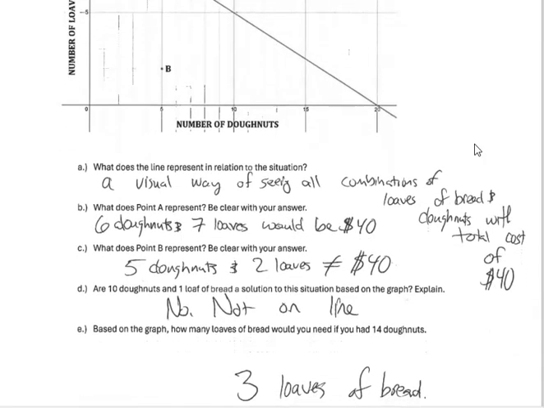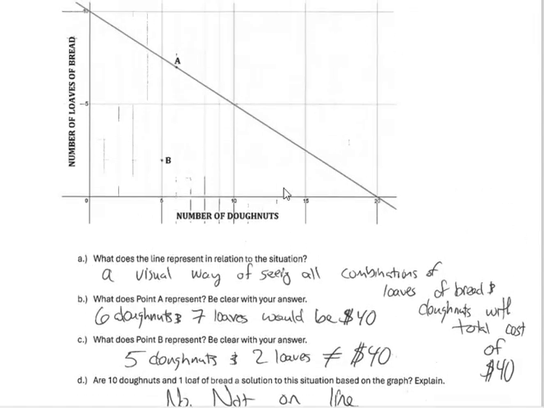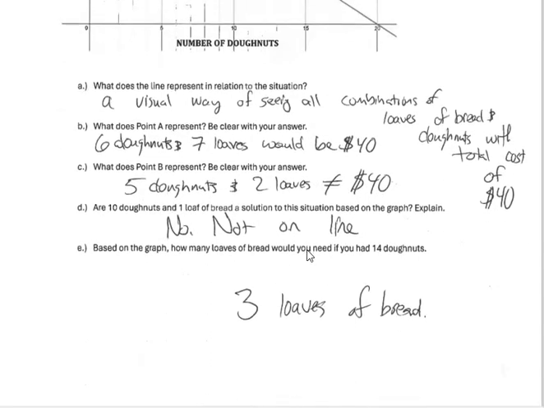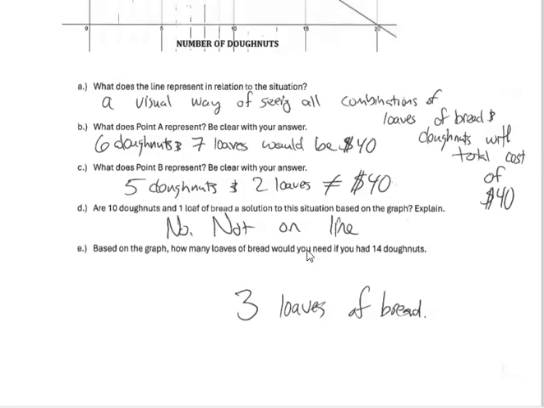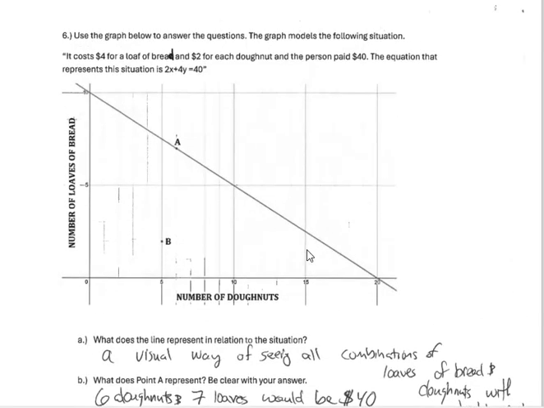And then based on the graph, how many loaves of bread would you need if you had 14 donuts? If you go to 14 on the x-axis, go up to your line and go over to the left, you will see the y connection with that would be 3, which means that 14 donuts must also have 3 loaves of bread. The only question that I forgot to put on here that I wanted to put on here was,